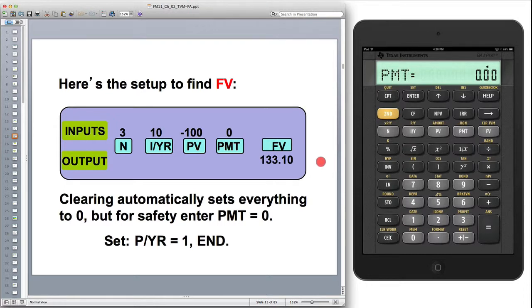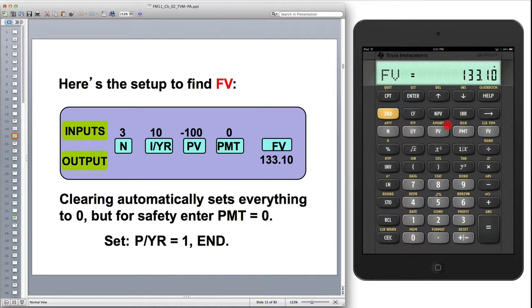And then we need to calculate FV. How do we do that? Not by hitting FV, but by hitting a specialized CPT button, which is compute. You do compute FV and you get 133.10. How do we know that that is the output or the answer? Is because of the appearance of this small little triangle right around here. If some of you did not get 133.10,